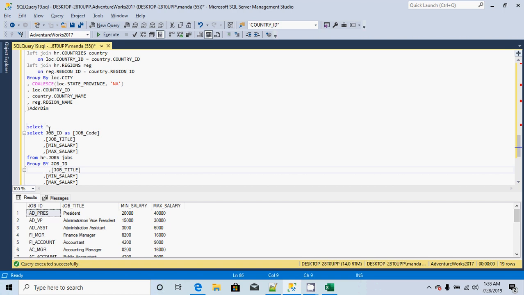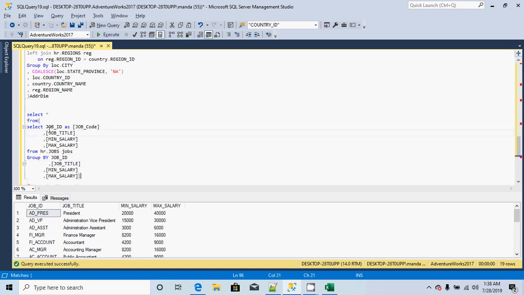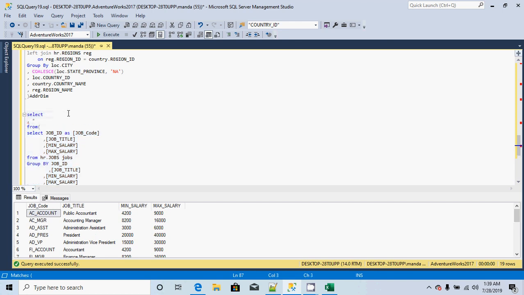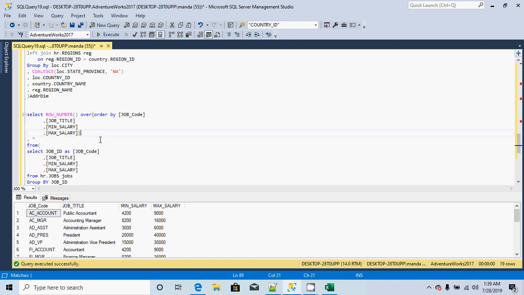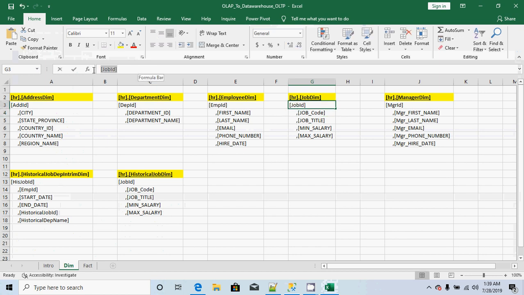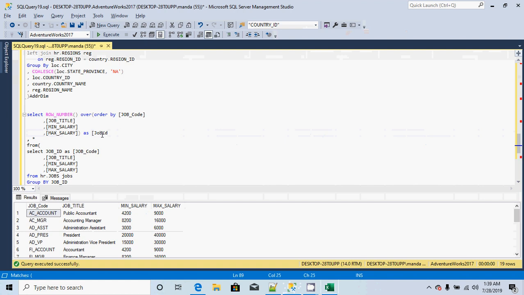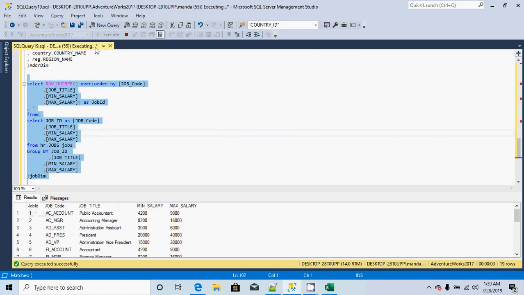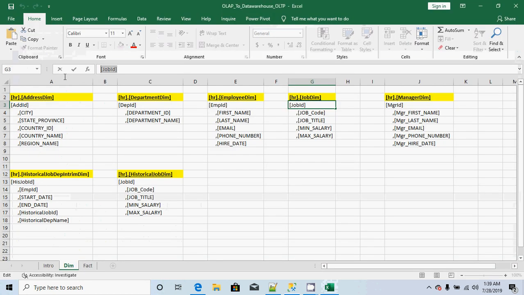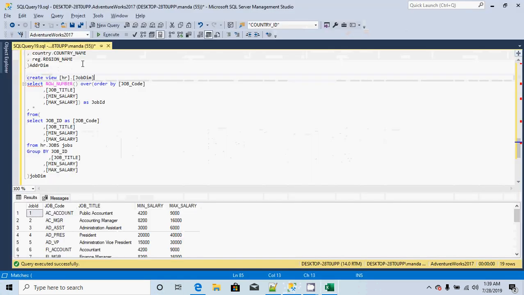I will add an outer query, select star from job dim, and I will add a surrogate key, row number over order by, and I will simply copy this and give the alias as job ID. Run this. Create a view, job dim as,